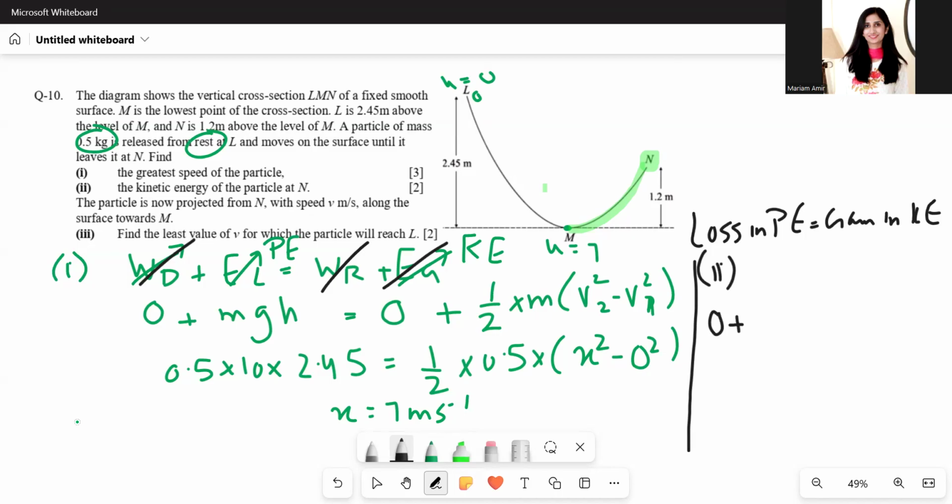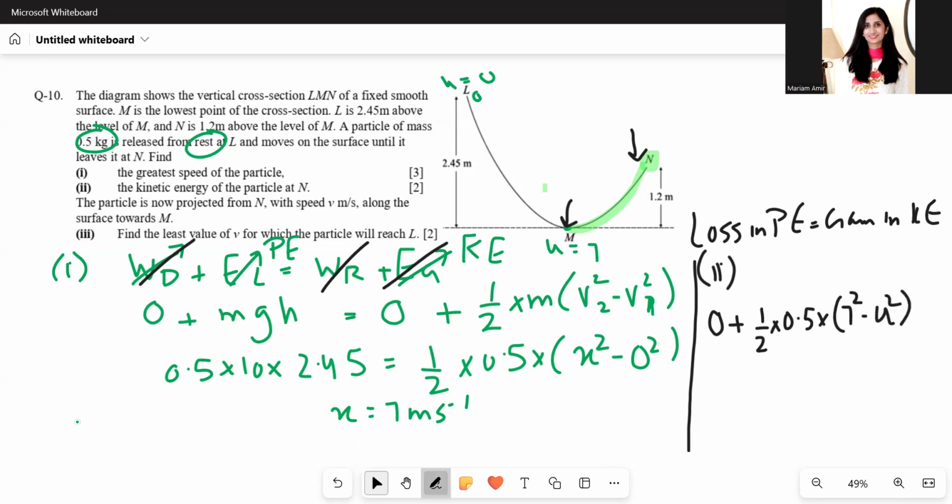Kinetic energy will be lost because here the speed is greatest and here the speed would be slightly less. So half times m times bigger V, which would be 7 at M, 7 squared, minus smaller v, let's call it u squared, or whatever you want to call it,